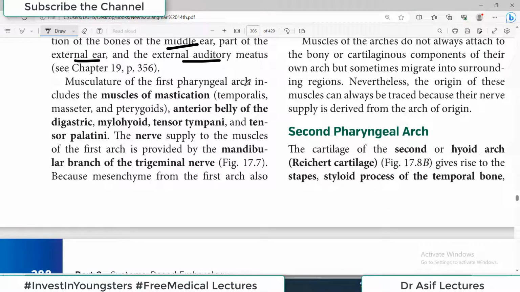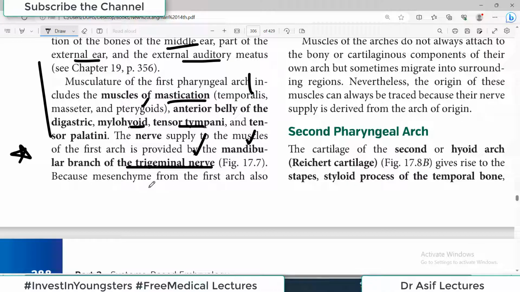Muscles of the first pharyngeal arch include the muscles of mastication, including pterygoids and temporalis, anterior belly of digastric, mylohyoid, tensor tympani. Important muscle list. The nerve supply to the muscles of the first arch is provided by extremely important mandibular branch of the trigeminal. So trigeminal mandibular branch is the nerve supply for all the structures derived from first pharyngeal arch. अब चाहे ये muscles कहीं आगे पीछे हो जाएं, but that is the nerve supply, mandibular branch of the trigeminal